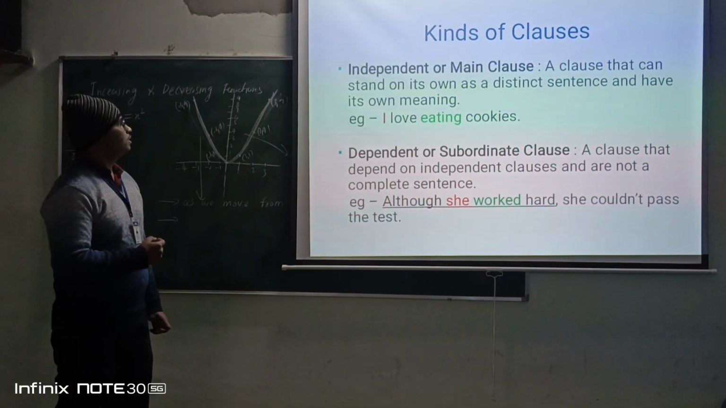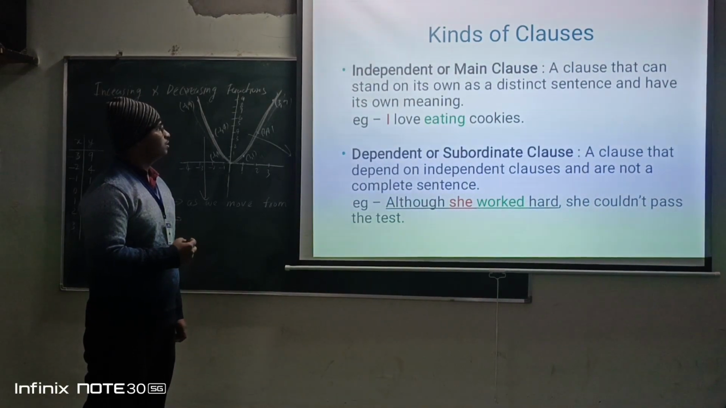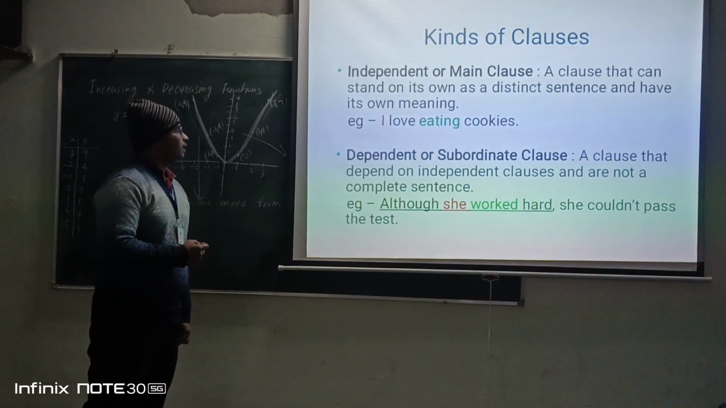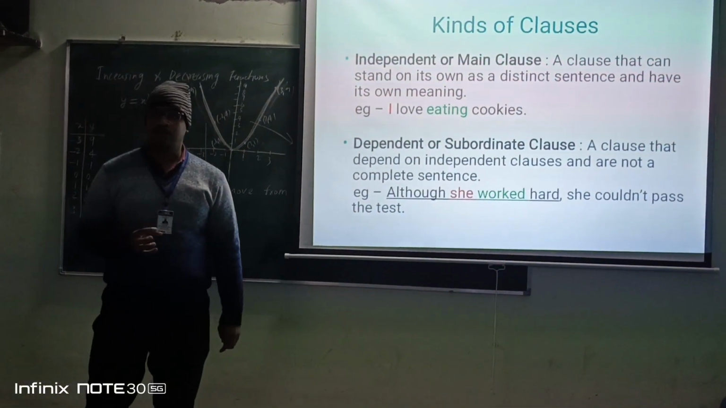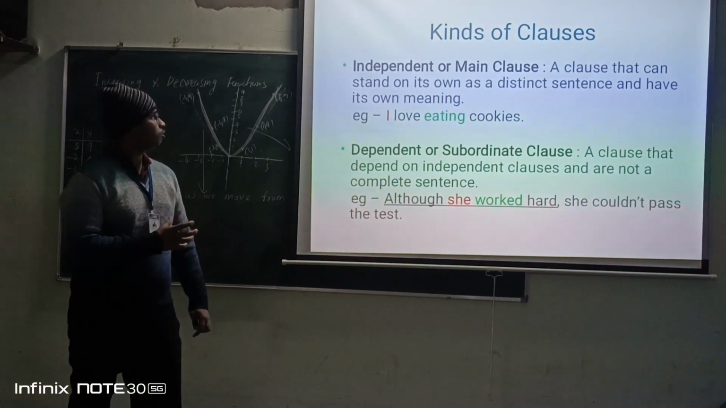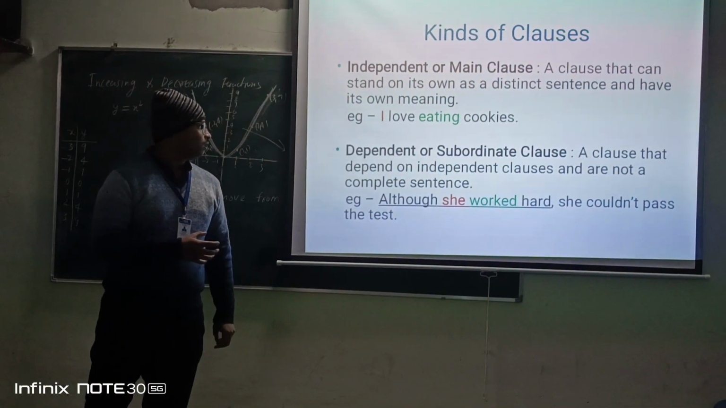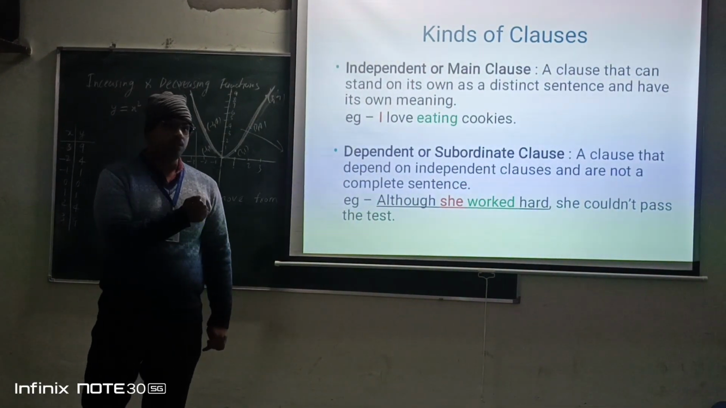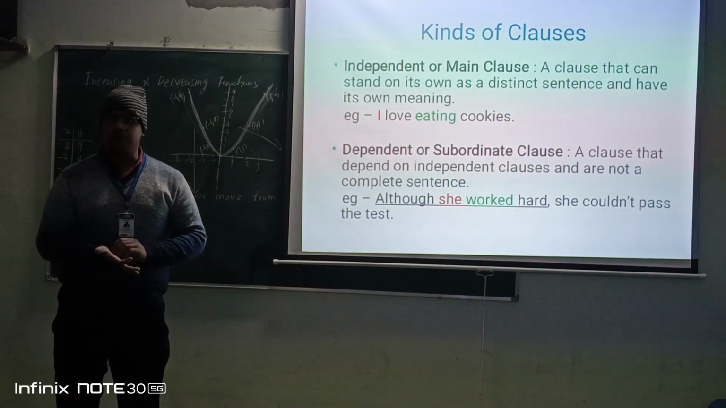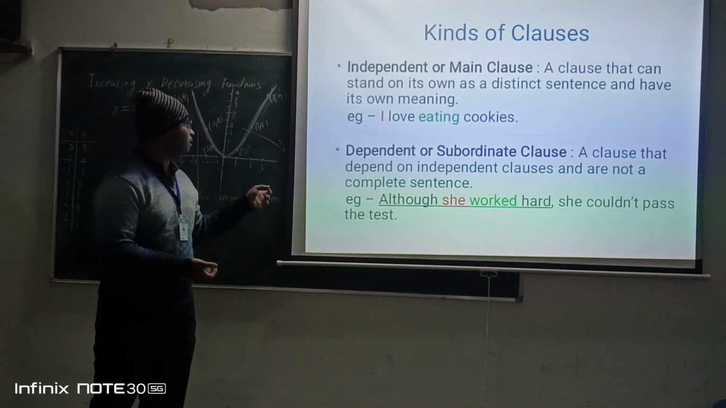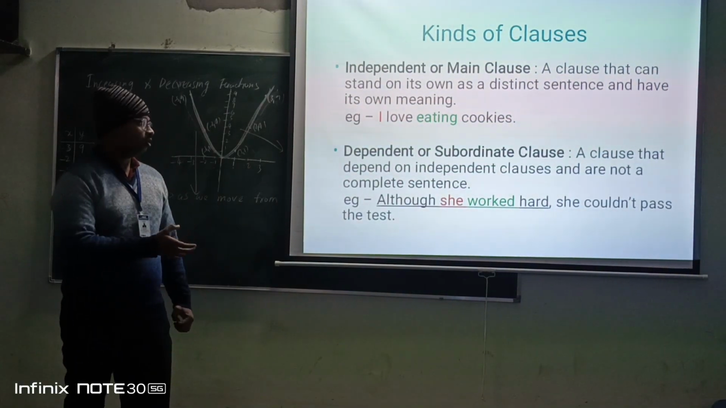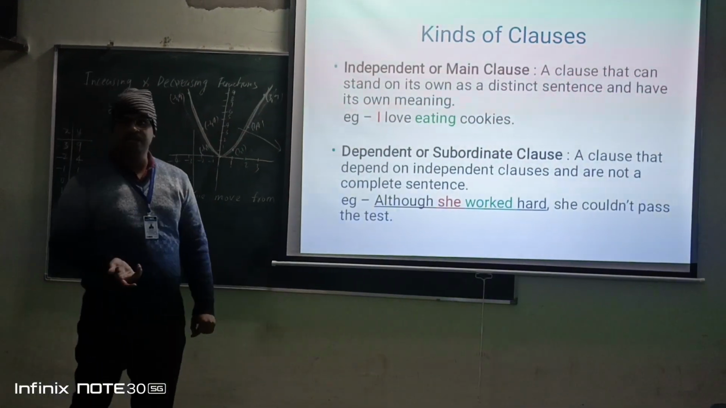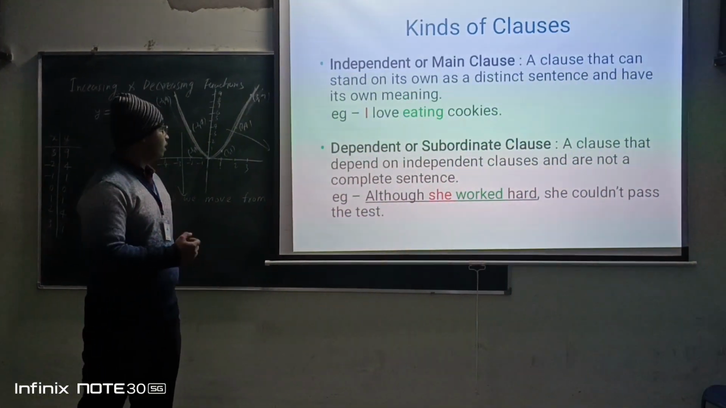Independent clause: a clause that can stand on its own as a distinct sentence and have its own meaning. Independent clause का मतलब ये है कि क्लॉज मैंने आपको समझाया सब्जेक्ट और वर्ब का कॉम्बिनेशन। इंडिपेंडेंट क्लॉज हम लोग उसको कहेंगे जो अपना मीनिंग दे रहा हो। जैसे यहाँ पर एग्जाम्पल के लिए दिया, I love eating cookies, तो ये पूरा एक सेंटेंस की तरह काम हम लोग ले सकते हैं। इसमें एक सब्जेक्ट भी है I और वर्ब भी है eating, और ये प्रॉपर मीनिंग हमको बताया पूरा सेंटेंस। तो इस क्लॉज को इंडिपेंडेंट या मेन क्लॉज कहेंगे।